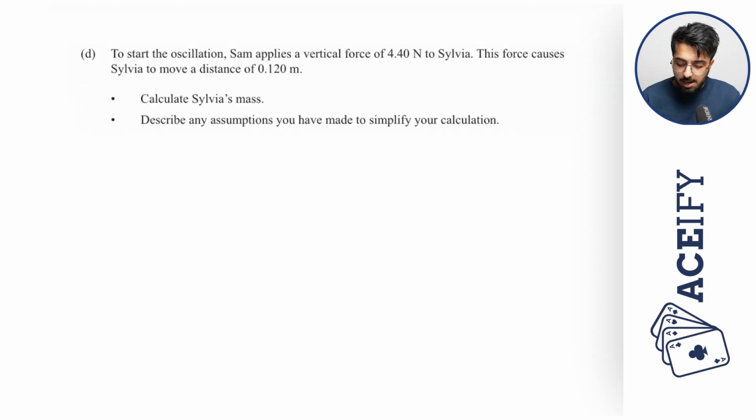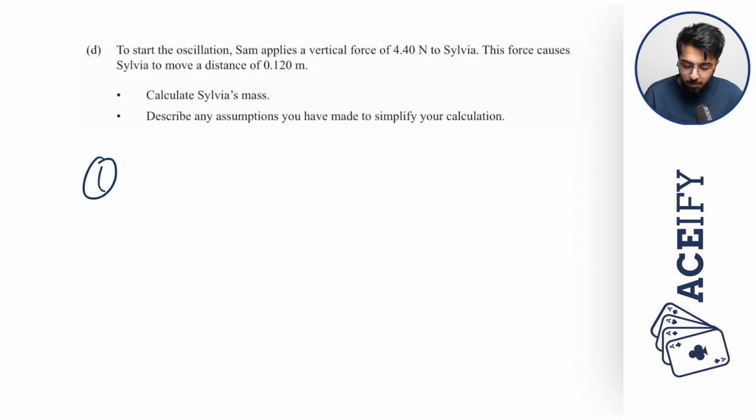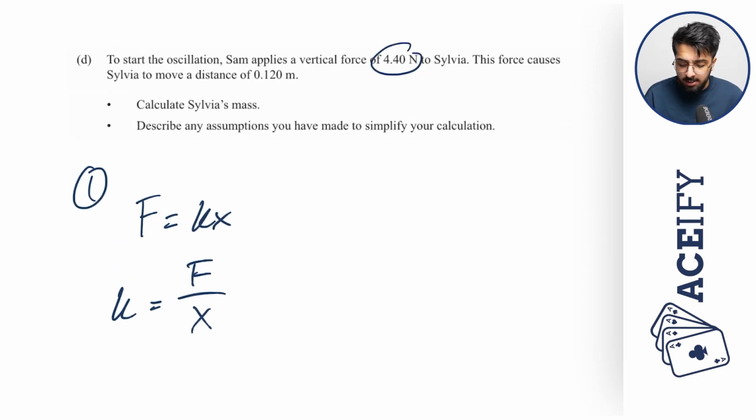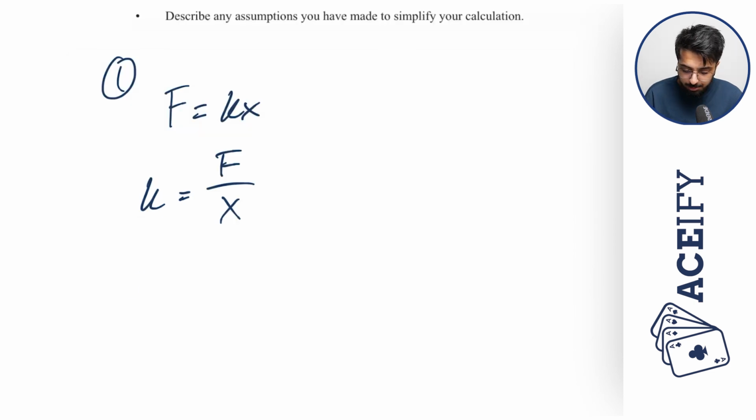To start the oscillation, Sam applies a vertical force of 4.4 newtons to Sylvia. This force causes Sylvia to move at a distance of 0.12 meters. Describe any assumptions you have made to simplify your calculation. Alright, so there are two ways to solve this problem. The first one being, we know that force is equal to kx. Alright, and therefore k is equal to our force all over our displacement. We are given the force that is applied, and we are also given the displacement of the spring due to that force, and so we can simply plug that in, 4.4 all over 0.12, and this gives a spring constant of